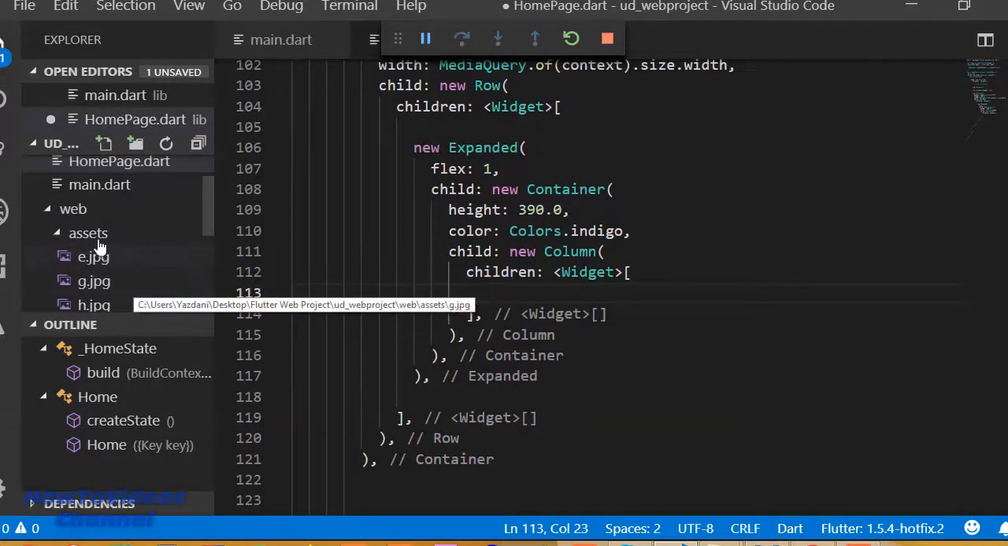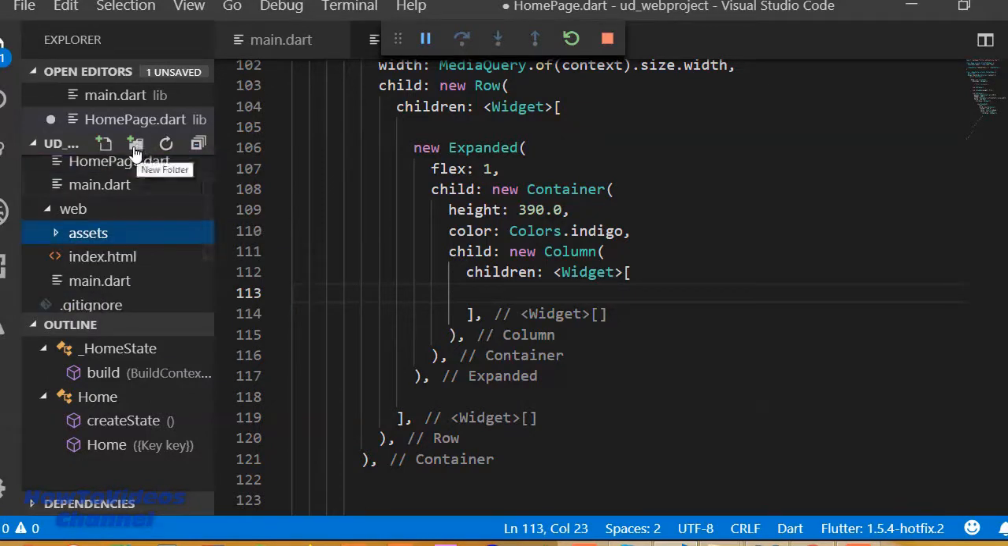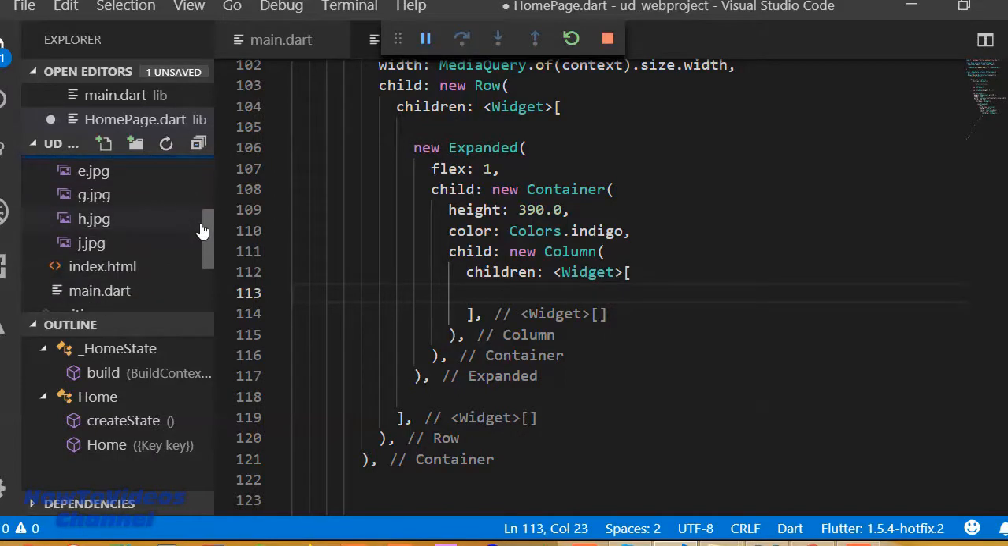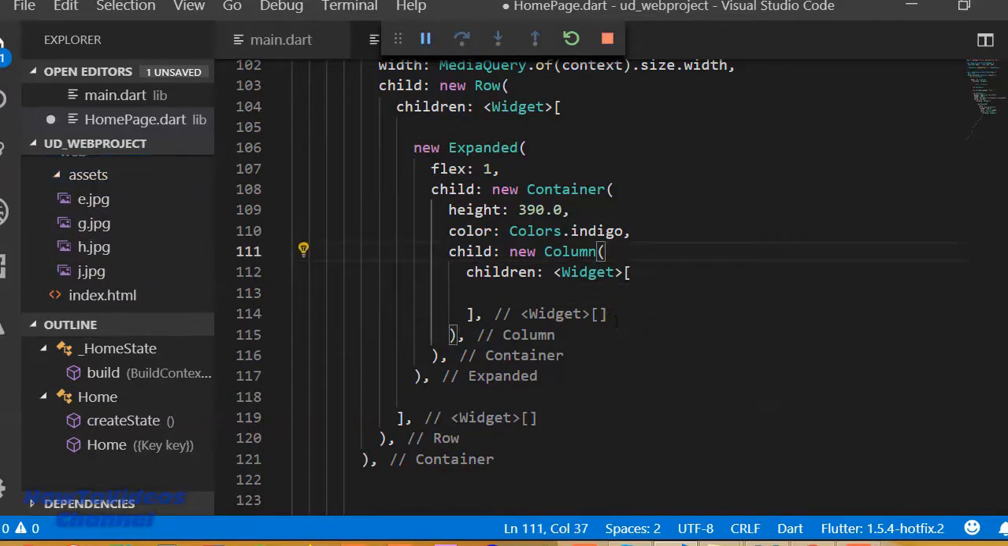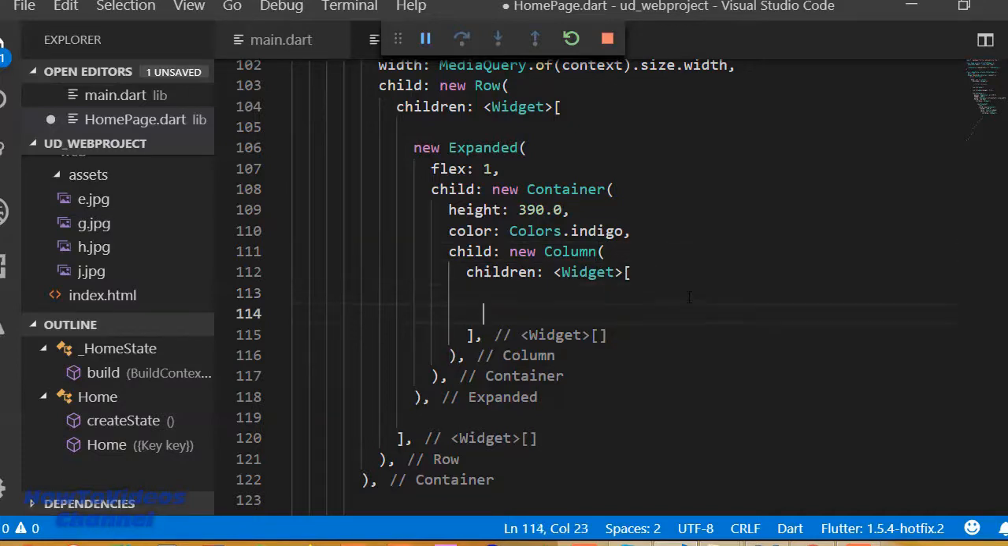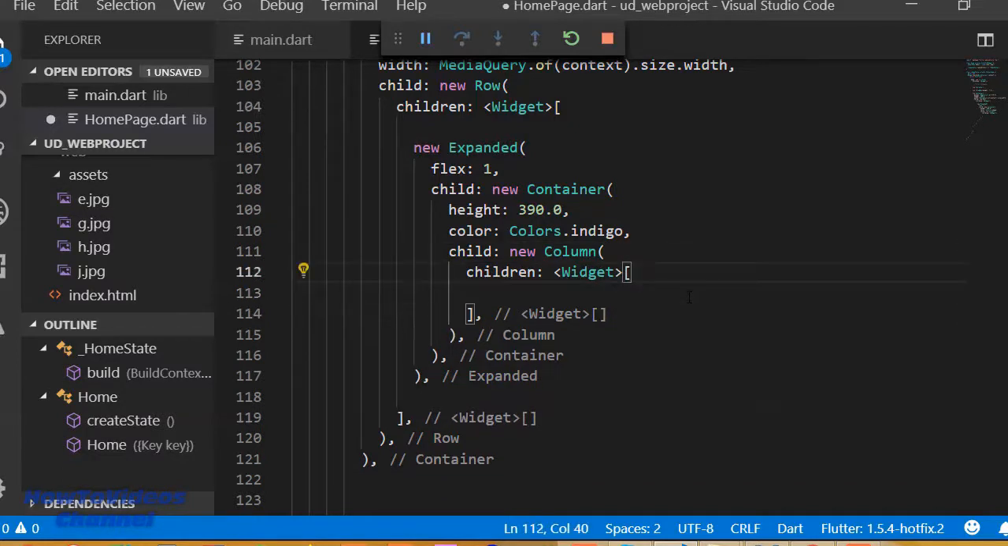You will see the web folder here, and inside this web folder create another folder using this icon, and inside this folder just paste your images, whatever you want to add. Okay, now in here we need to add our images. So for adding images,